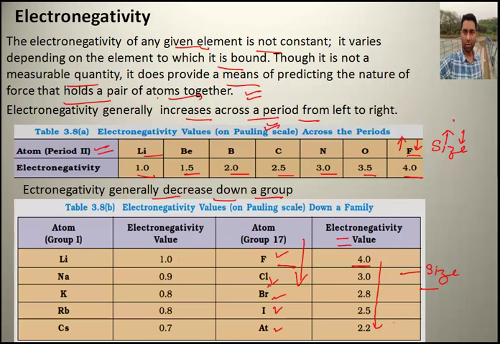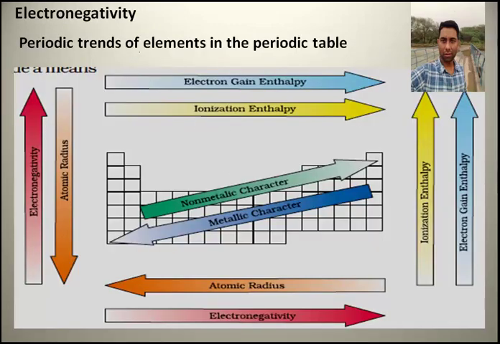Okay, same thing in case of alkali metals, if we are to relate with alkali metals. But since this is the main property of the non-metals, we can say non-metallic character increases as the electronegativity increases. Okay. Now periodic trends of elements in the periodic table, how electronegativity can affect or change, or what will be the nature of the compounds or elements. So all the properties that we have discussed, electron gain enthalpy, if you remember, electron gain enthalpy,